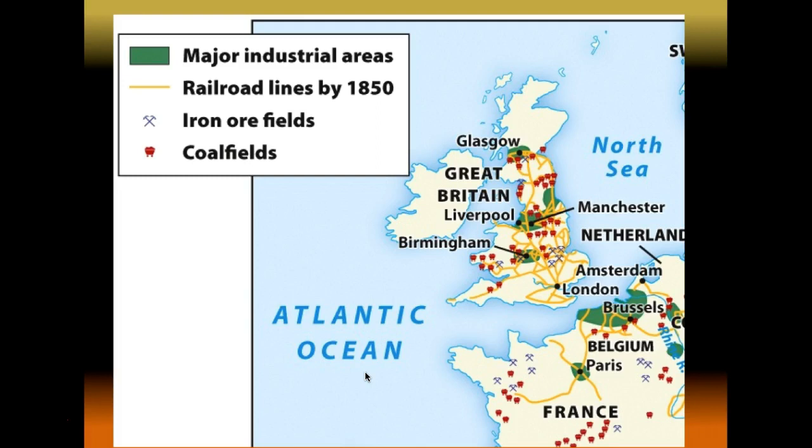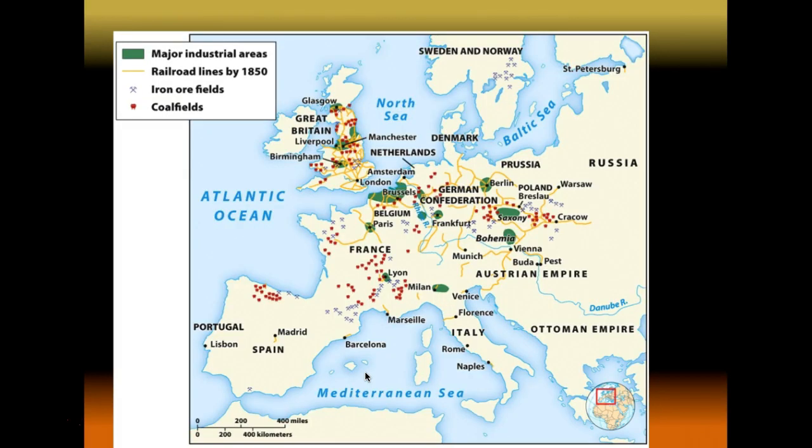And then what's perhaps most important are those yellow railroad lines, and that's by 1850. So within a very short period of time, the whole country is connected, in a sense, by railroad. Railroads, of course, are important because goods can be transported extremely quickly, much faster than by foot or donkey or horse, and even faster than water, and in both directions. And this is a zoomed out image, so you can see how smothered England is with those railroad lines and how much industry there is within just that tiny little island nation.